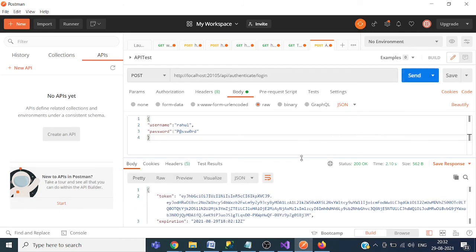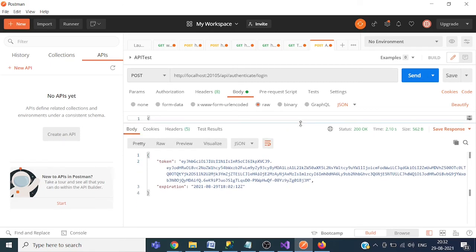So you can see the request is successful and we have the data in the response. So this is the token which we have received.